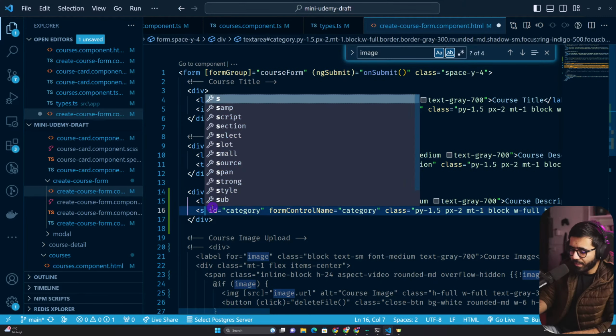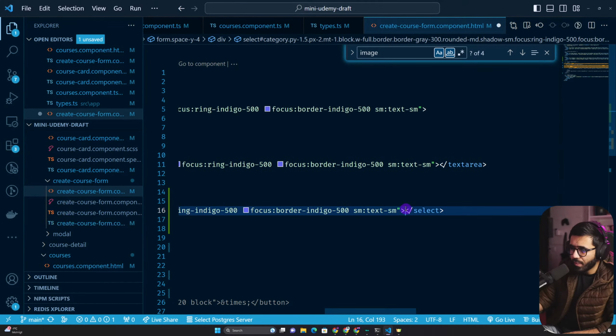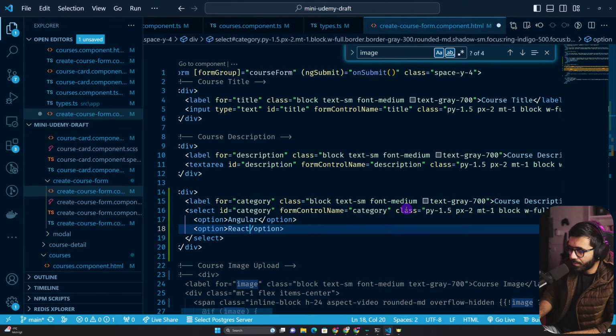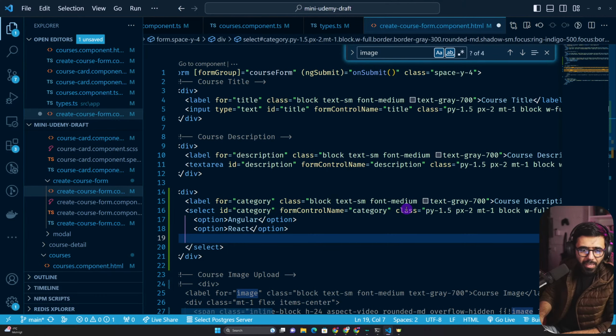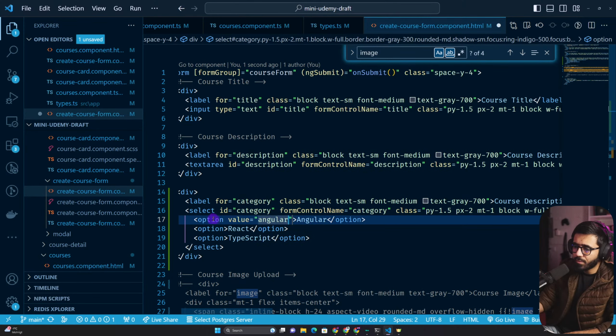And this is going to be actually a select box that we are going to use, and we'll also put some options right here as well. We can have Angular, let's say React. Do we also want to add Python? And we also can have TypeScript. And then here we can also add the values. So we have, for example, Angular, React,